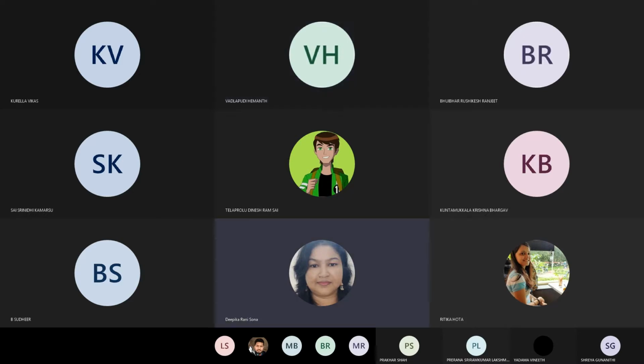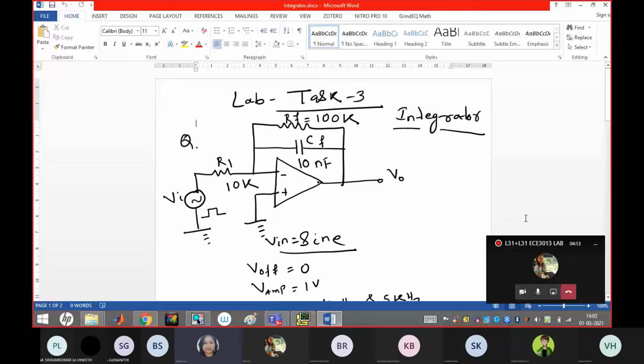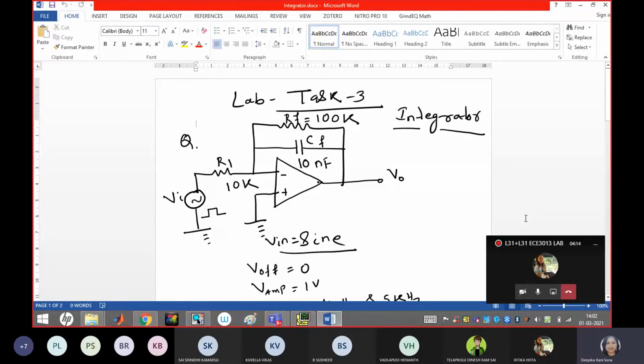Okay, then today we are going to design the integrator and differentiator circuit. Better you open your notebook and start writing. So guys, what are the different things we are doing by using integrator and differentiator circuits? Not only the mathematical function, we are also designing different kinds of waveform.